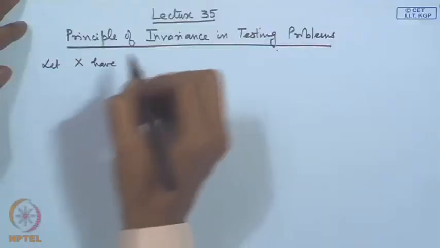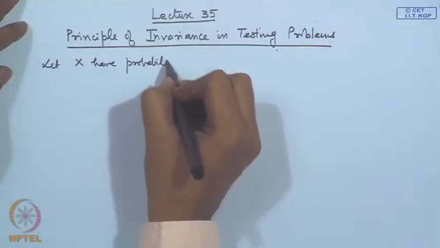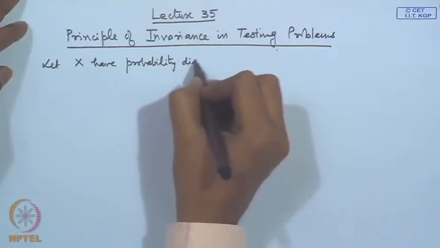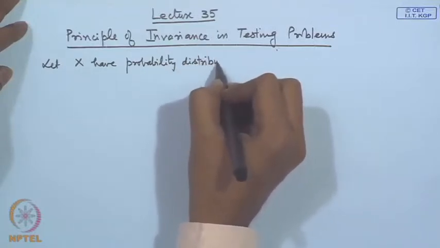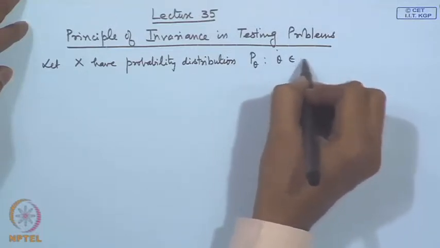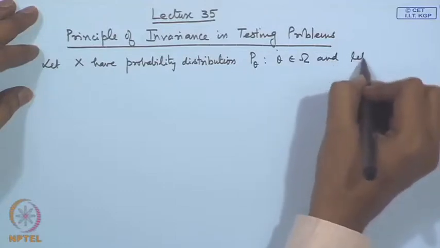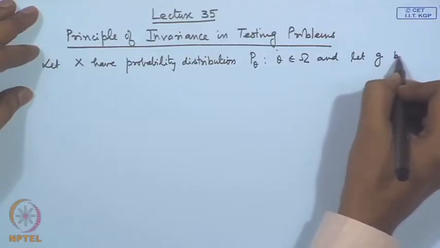So we start with: let x have probability distribution p theta, theta belonging to omega,